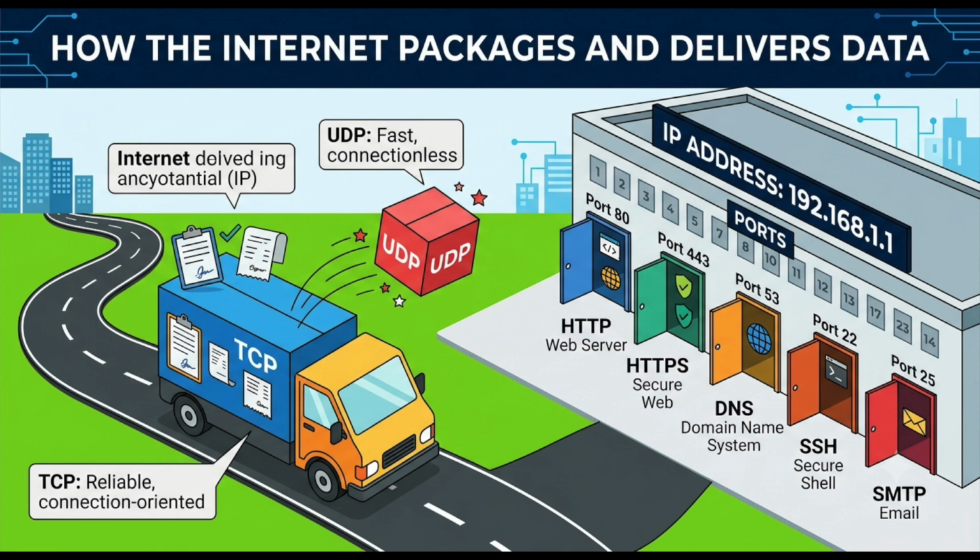The Domain Name System. Yeah. And DNS operates on UDP port 53. UDP, so it's fast. Very fast. Every time you type a website name, your computer shoots a lightning-fast request out to a DNS server. It essentially asks, hey, what is the IP address for this name? And then it just sends it back. Yep. The DNS server checks its directory and fires back the IP address, allowing your computer to start sending the